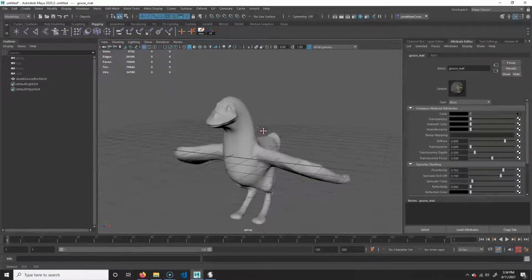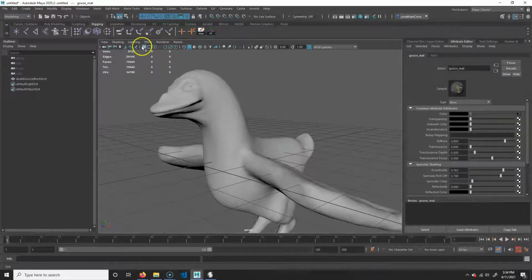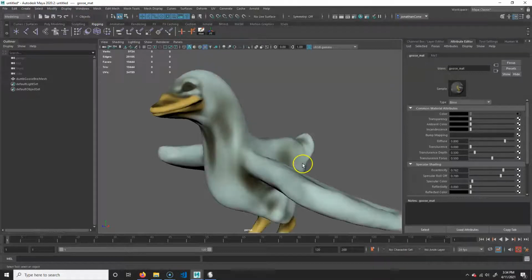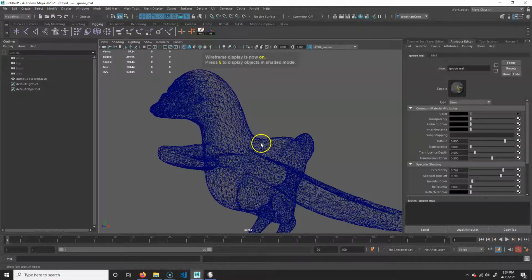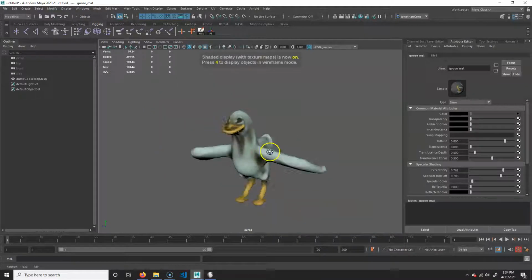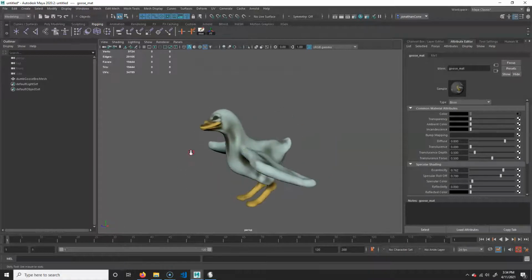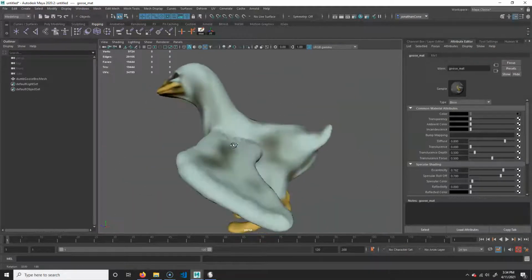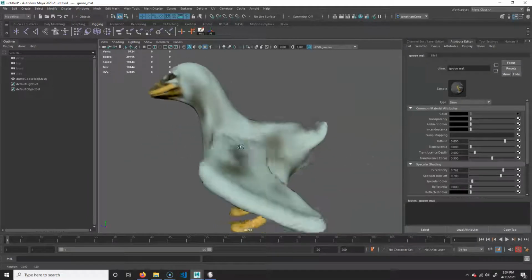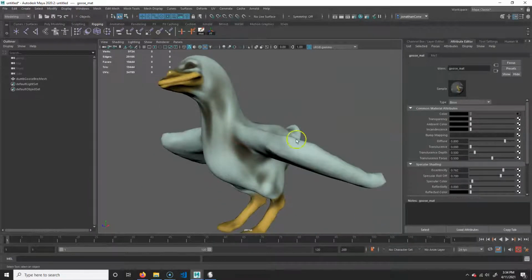Now you're not going to see it, and that's because we don't have textures on. I'm going to click on this to turn off the grid. You can just click on this little thing here, or it's 6. So 5 will be flat shaded, 4 will be wireframe, 6 will be shaded. Okay, and now we've got our Goosifer in here, so that looks acceptable. Okay, so yeah, so from here we can actually start building in our information and all